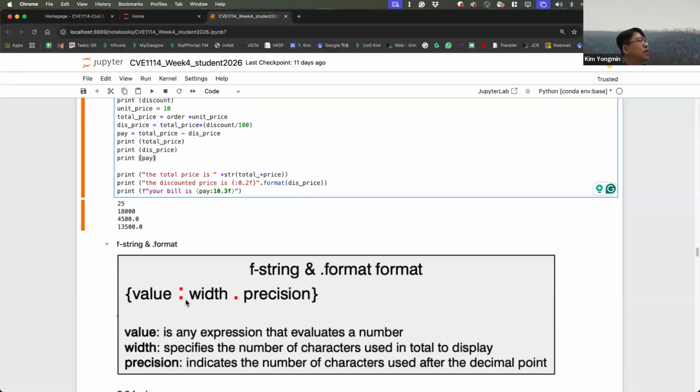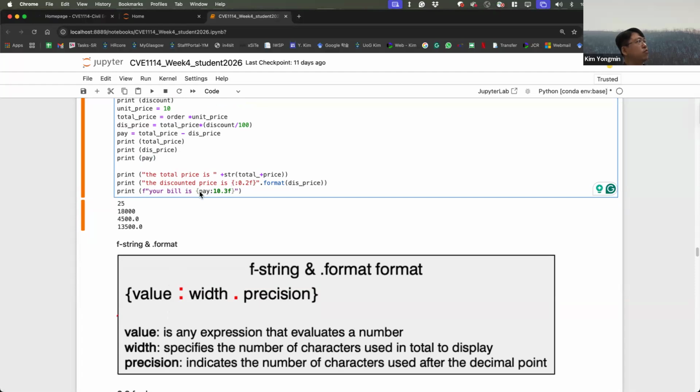syntax. First, we put value. Value is any expression that evaluates to a number. Here is no value, but this discounted price will become.